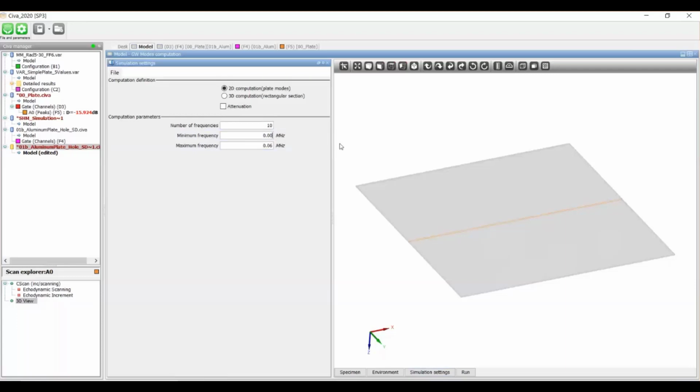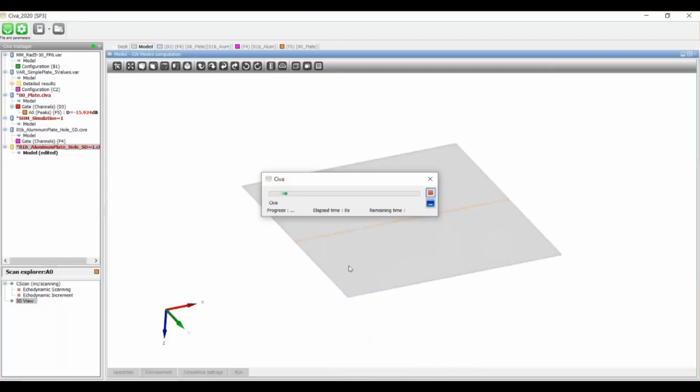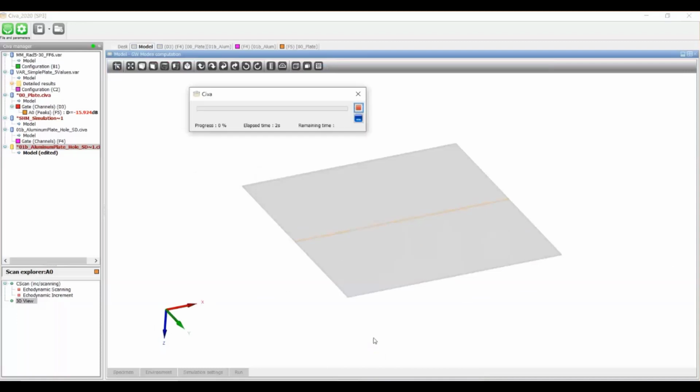You can compute dispersion curves just around the center frequency of the simulation I've just done, or you can enlarge the frequency spectrum here from 1 kilohertz to 500 kilohertz on this aluminum plate, and it will compute the dispersion curves. These dispersion curves can be done also in tubes, also in composite structures.